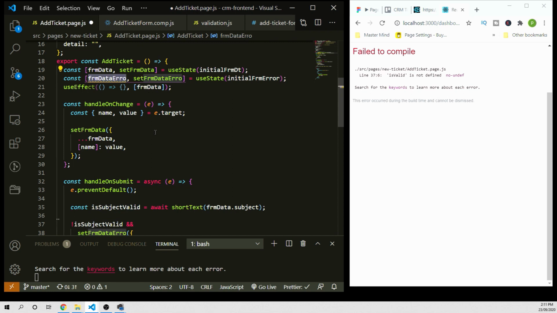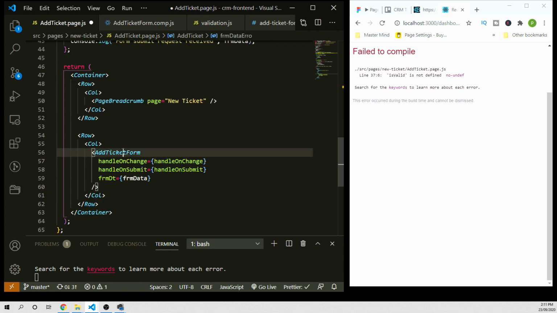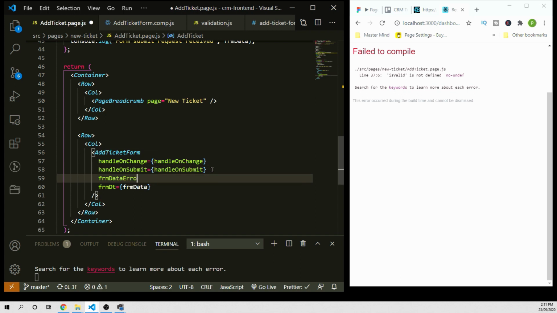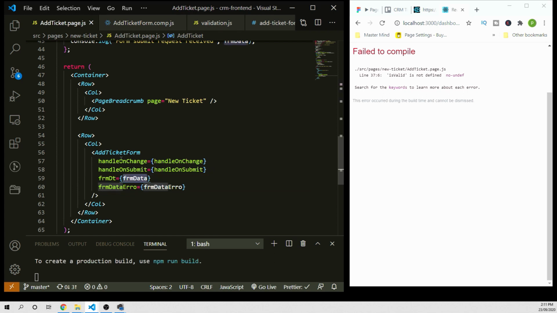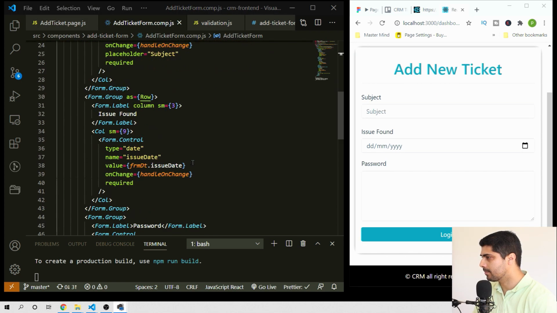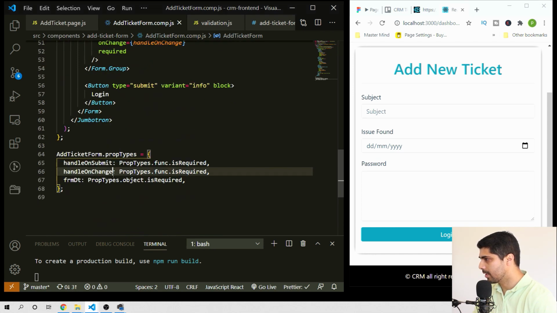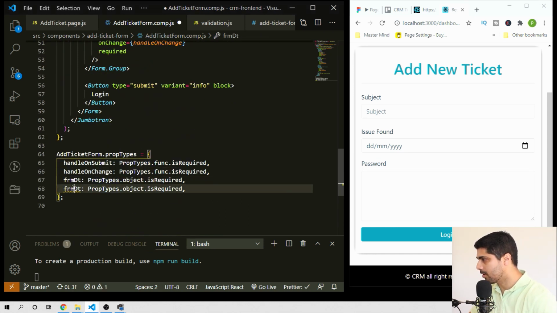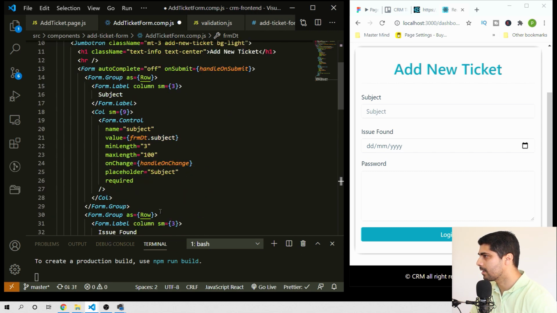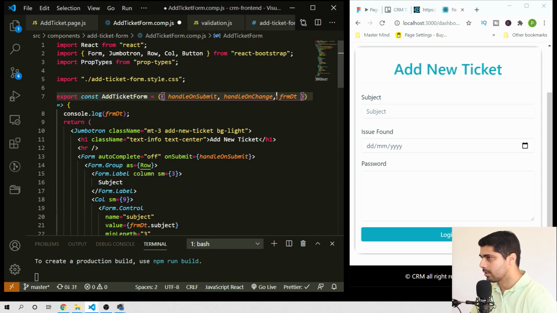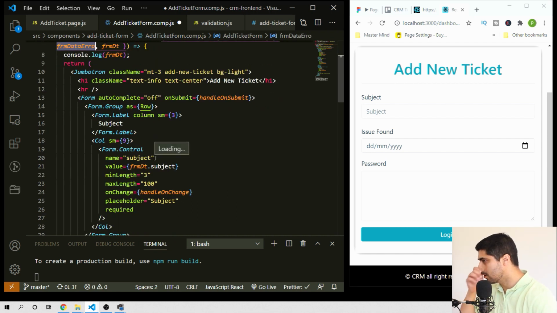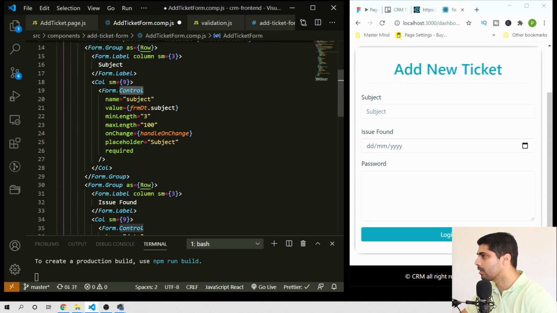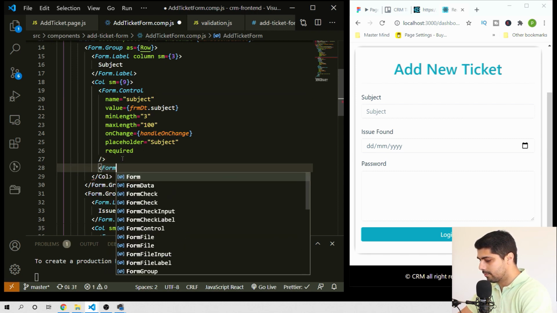This state goes down through our form here as props, like how we sent the data before. Save it, and let's go to the form. First thing, let's make sure we're receiving the object properly. So we do a props check, and we have to destructure the props here and provide the props as well. And here, in the subject, just below the text form control, what we can do is